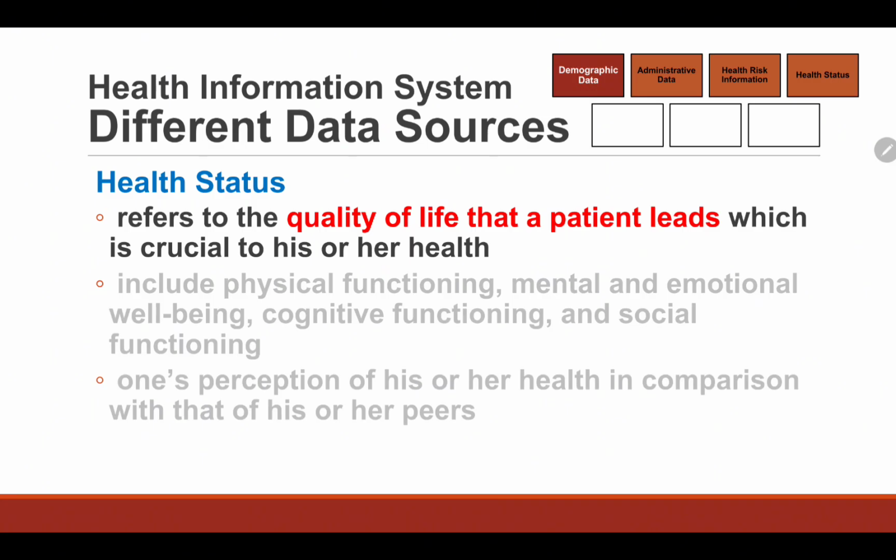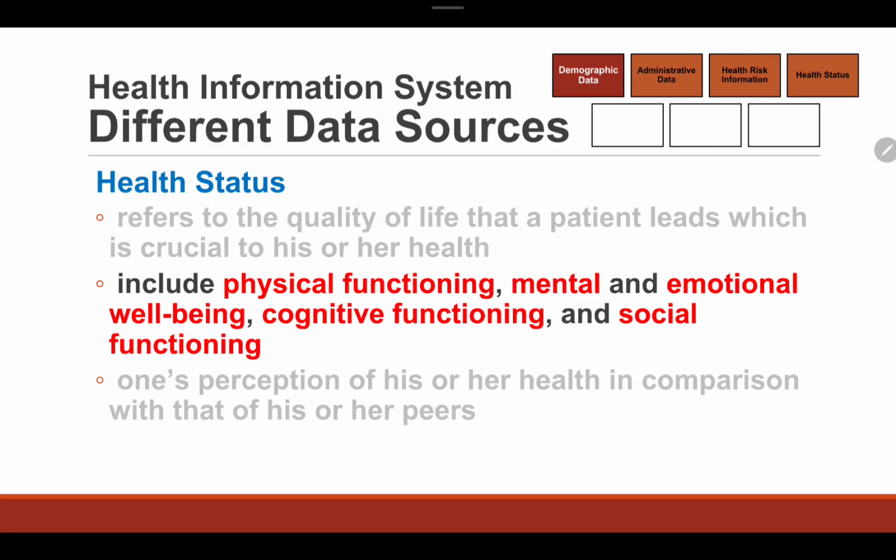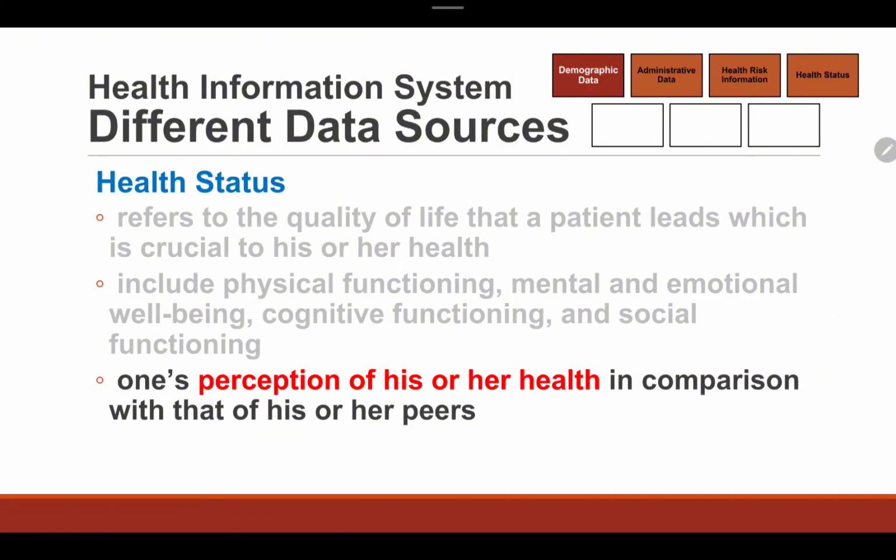Okay? It also shows one person's perception of his or her health in comparison with his or her peers. Okay? Another thing would be include physical functioning, mentally ito siya, cognitive functioning. So, yan po yung mga another. When you talk about cognitive po, these are included here in health status lata. When you talk about cognitive, it refers to the awareness and understanding. Okay? Awareness nimo sa around your surroundings. Okay? So, another one would be the perception, yung kanang ano yung na-feel mo toward yung constantly nimo gina-compare ang sarili mo sa other people.